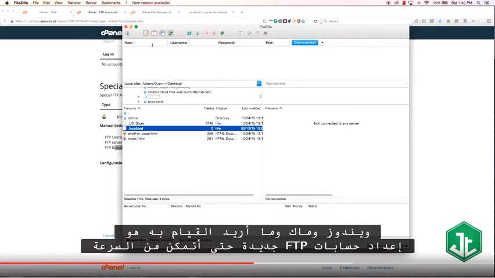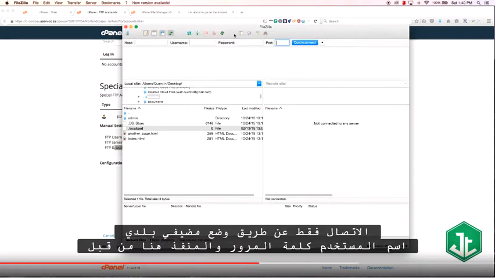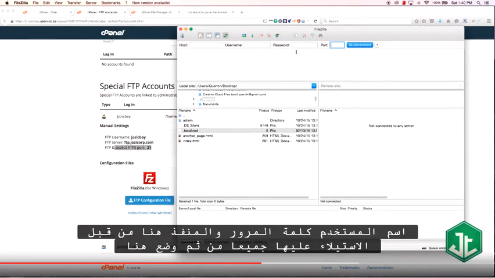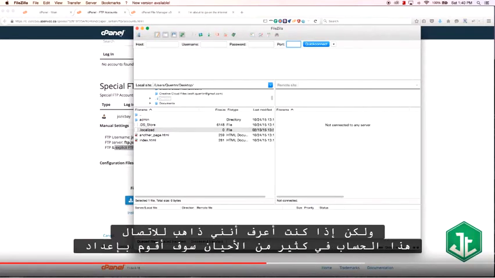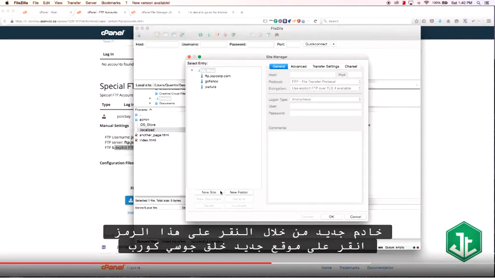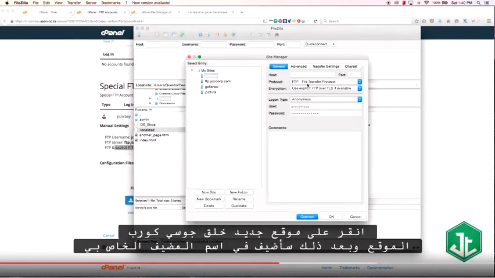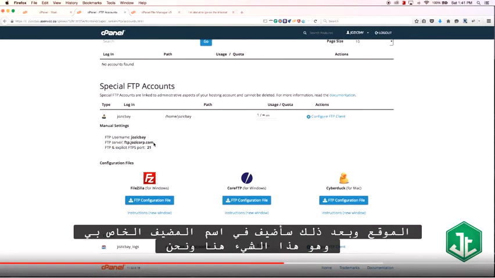So I can quick connect by just putting my host, my username, password, and port over here, by grabbing them all from there and putting them here. But if I know I'm going to connect to this account very often, I'll set up a new server by clicking on that icon, click on new site, create Josie Corp as a site,